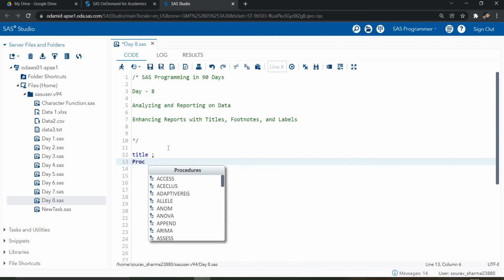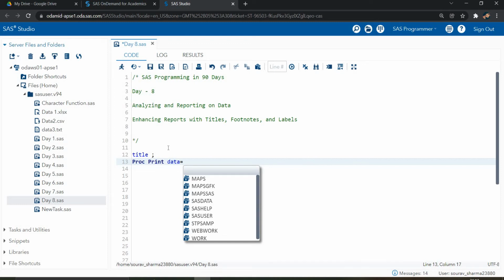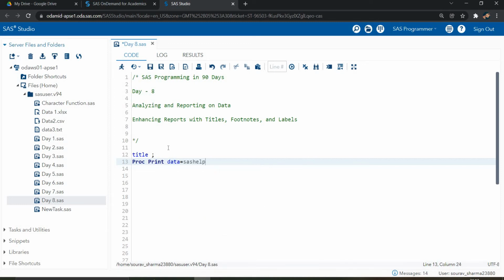And let's suppose I'm writing the proc print statement here. I'm taking the data sl.iris, and then my run statement. The title of my data must be written in double quotes, so "Iris flower data set". Okay, this is my data set.